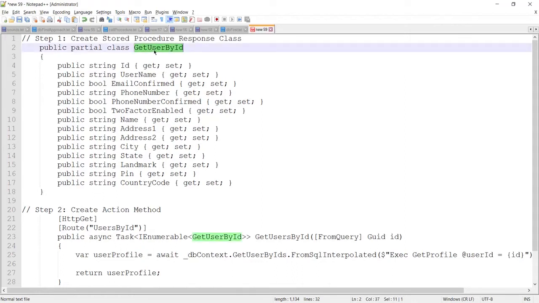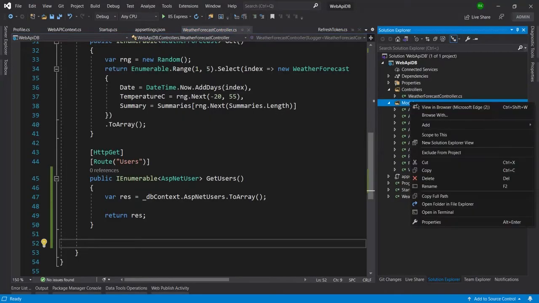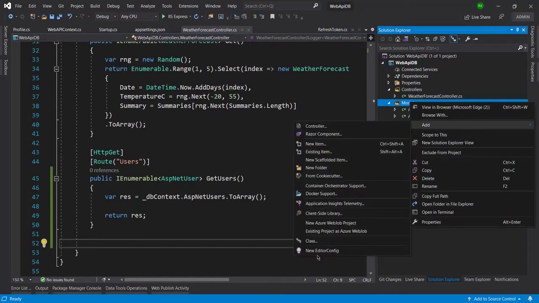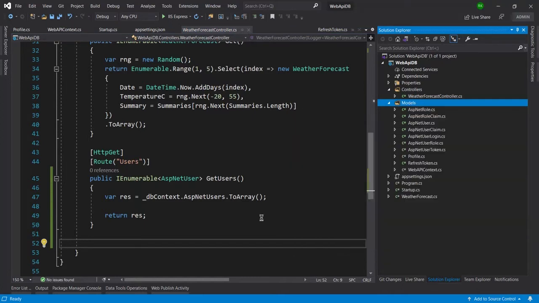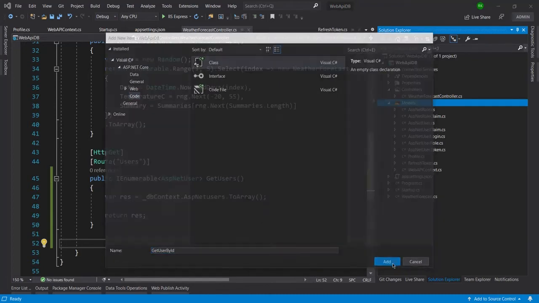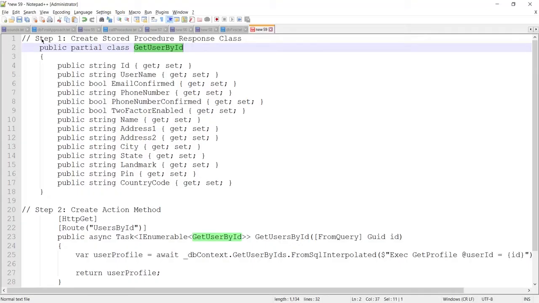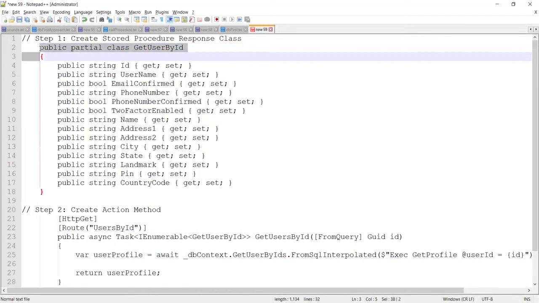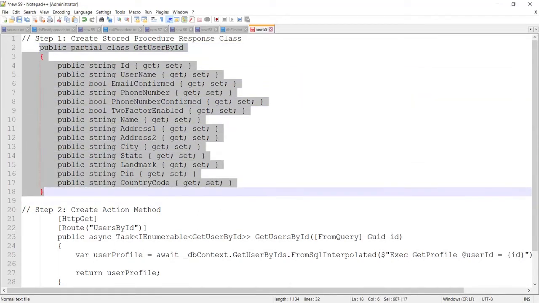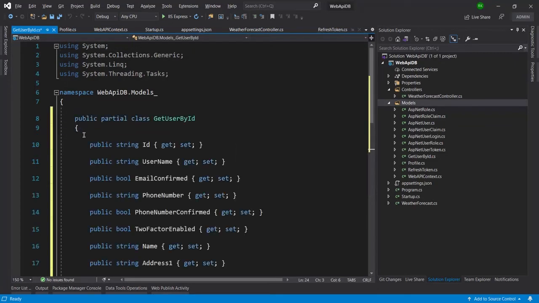So let me move to Visual Studio now, and here in the models folder I will create one class, and the class name will be GetUserById, and here you can see this is the class. And let me now copy this complete class here, and I will paste it here.